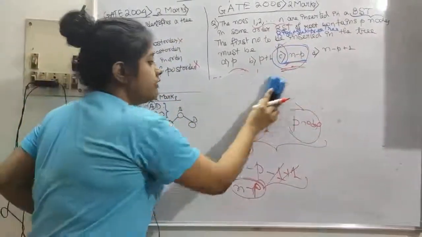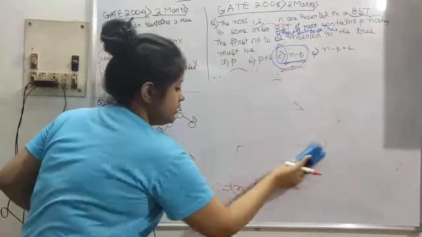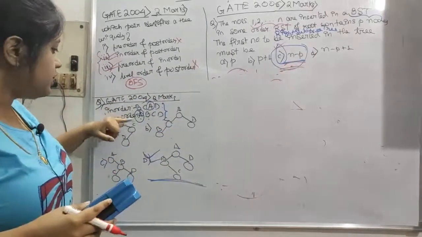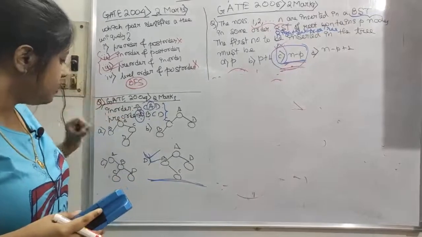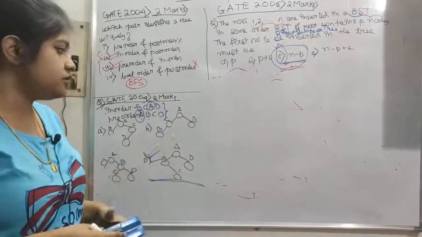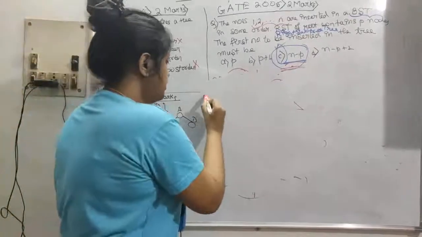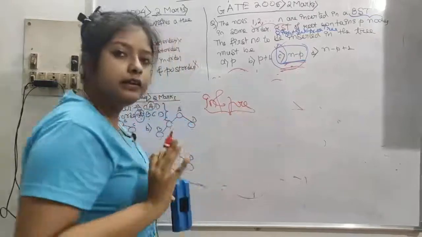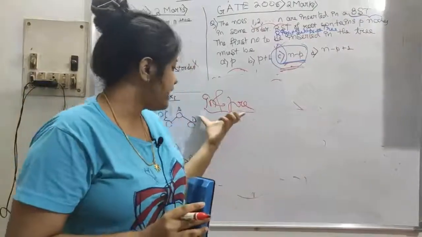So okay, our next question is here. In this question in-order is this, pre-order is this given, which will be the tree? You have to find out from all the 4 options. You know that from in-order and pre-order you can uniquely identify a tree because we have these two.